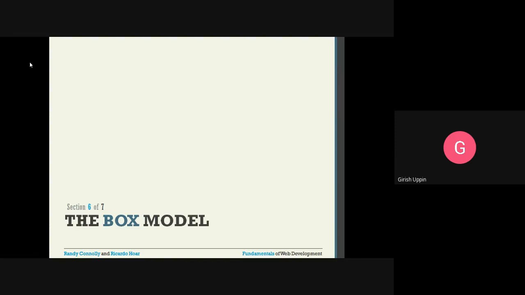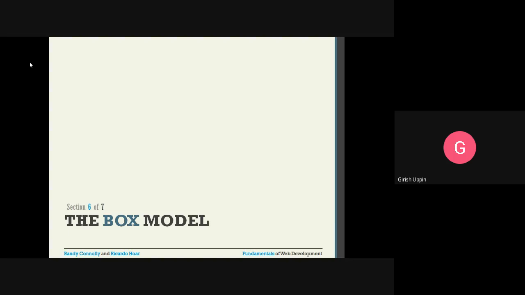The cascade principle involves how the browser will find out which particular style to be applied and how to resolve the conflict. It uses the CSS-provided system based on the inheritance, based on the specificity, and based on the location. In case of inheritance, some properties are by default inheritable and some properties are not inheritable. For example, font weight and font size are inherited into descendants, and there are certain properties like margin and border that are not inherited, and if you want, we can make them inheritable. So that is one way of understanding how the conflict is resolved.